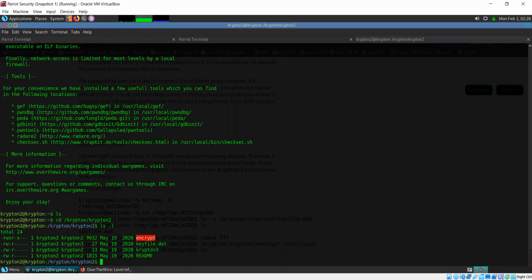Okay, so 4 files are present here. There's a readme, there's a file called cryptin3, there's a key file, and there is a binary known as encrypt. All right, so okay, we'll stop